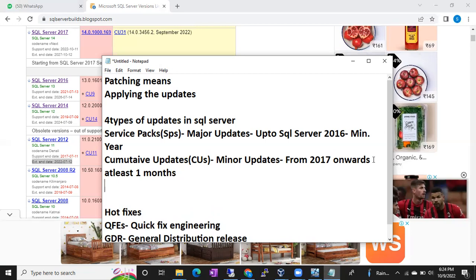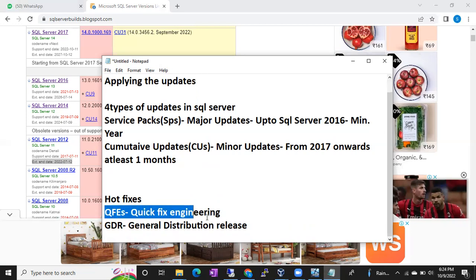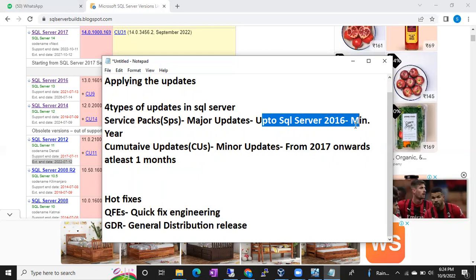Whenever they feel there is an issue, they will try to release the updates, guys. Okay, fine. So these are on the fly updates, guys, on the fly. What is the problem with yearly updates? In case if any issue comes suddenly, if you call Microsoft, hey Microsoft, I am